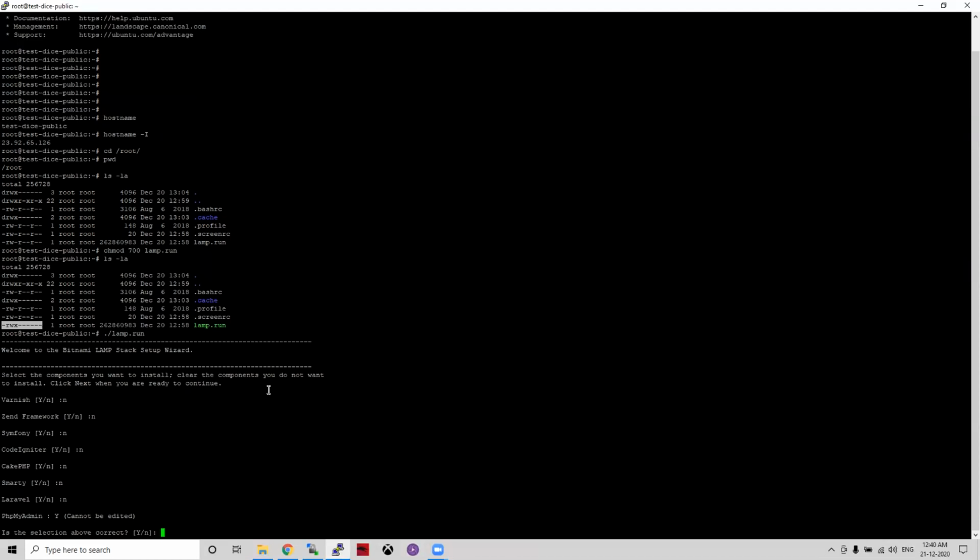After selecting, it will show phpMyAdmin, which we discussed last time. phpMyAdmin is key. It's an application to show the MySQL databases in a user interface. In XAMPP it was there, here also it is there. There is no option given to make it no, so it comes by default, always Y. That's why it cannot be edited.